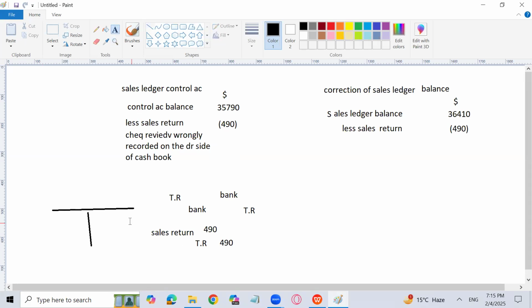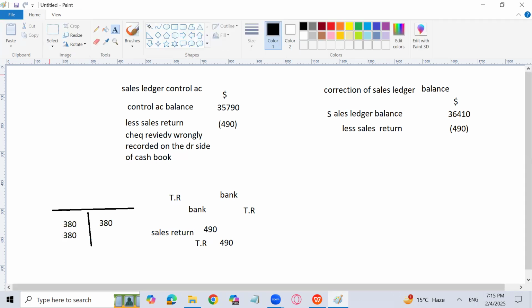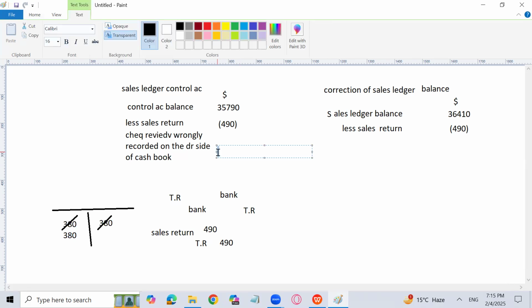We have to write trade receivable on the debit side because of check dishonor. But we have written the trade receivable on the credit side. So now I have to debit trade receivable once for the correction and once to record it on the debit side. So trade receivable is going to be debited with the double amount. So how much will it become? We will add it. 380 plus 380. I think 760. So the answer is going to be